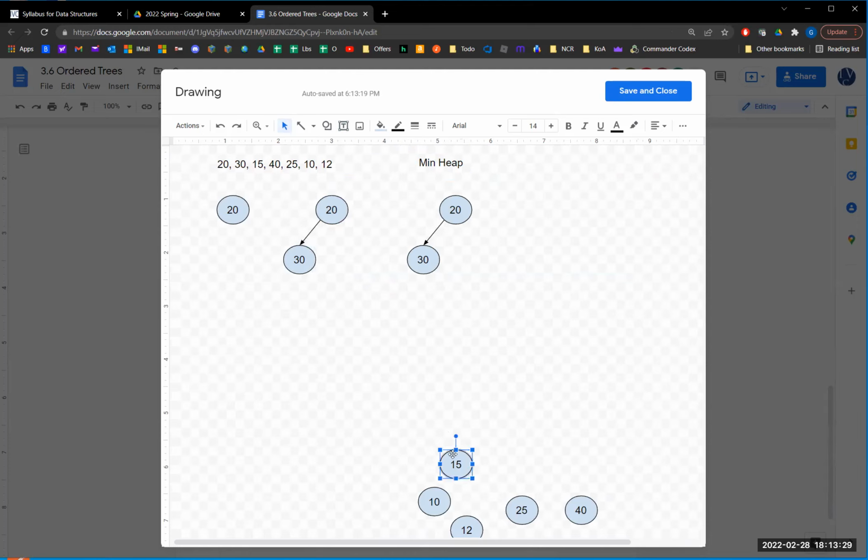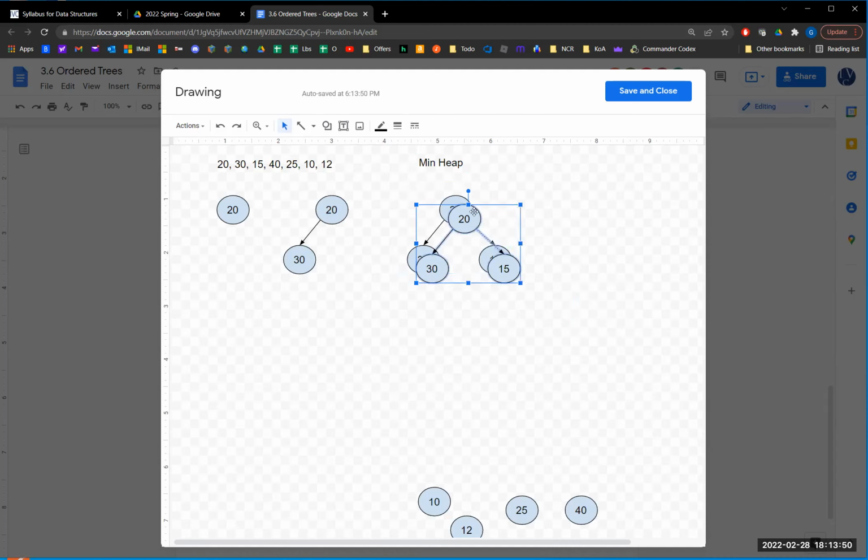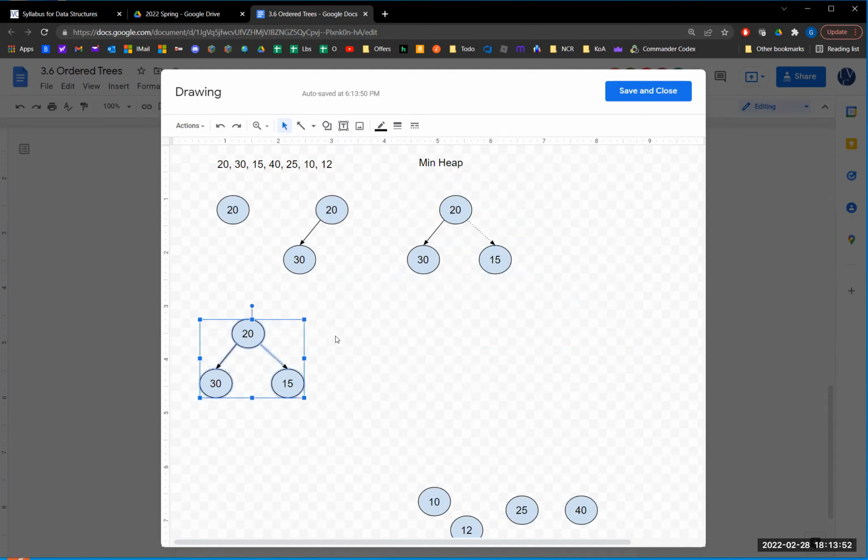As new data points come along, we want to add them to the tree. We're going to keep building it in a level by level format. As we add them, we're going to look and see if the data relationship is maintaining the way we want, which is known as a heap property. I'll write that down later. If the data relationship is not correct, then we're going to rearrange the values